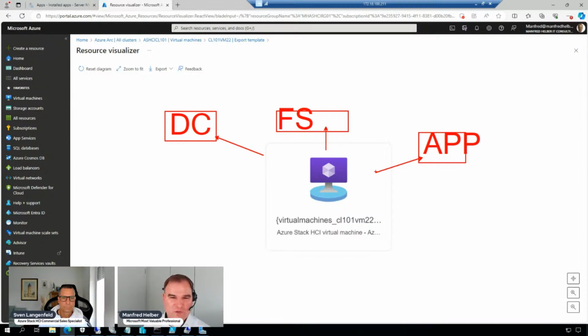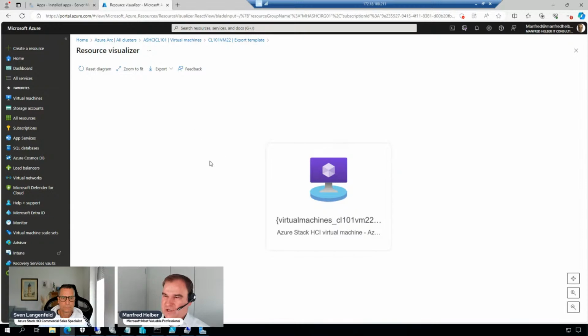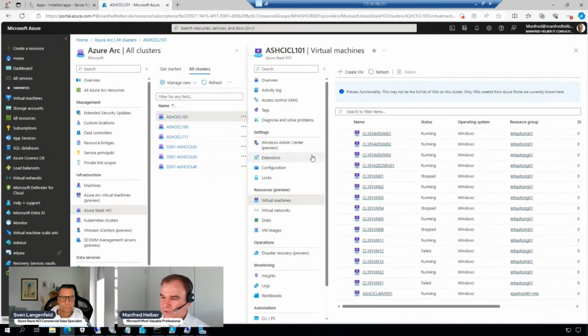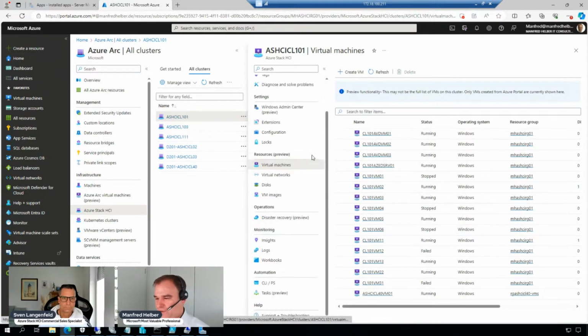And service templates could consist of several virtual machines. And sorry, I'm always talking about virtual machines. For sure, this can also be containers. And this can also be a mix of virtual machines, containers, and applications, because we can also deploy SQL Server in containers or on virtual machines via these Azure Arc capabilities. So this is really, really very powerful, and it is very impressive when customers see this for the first time and realize what's possible this way.